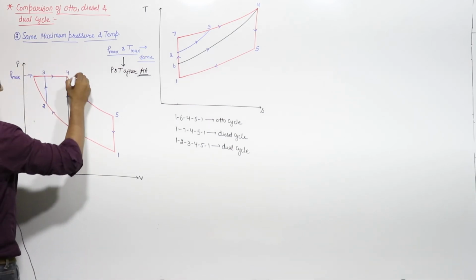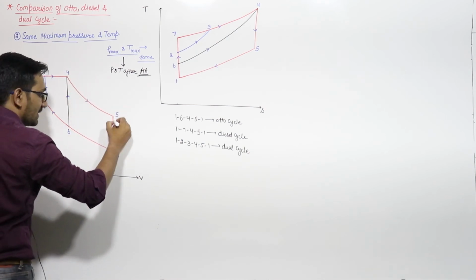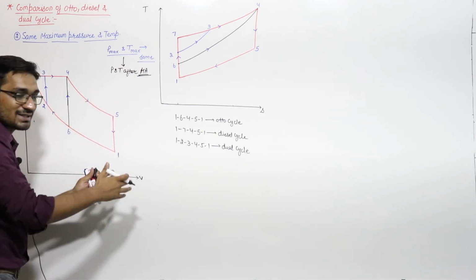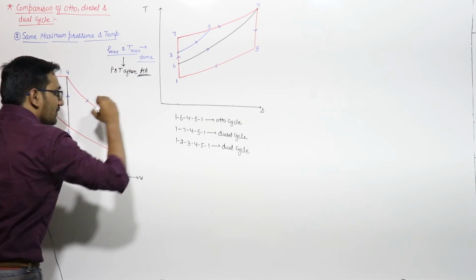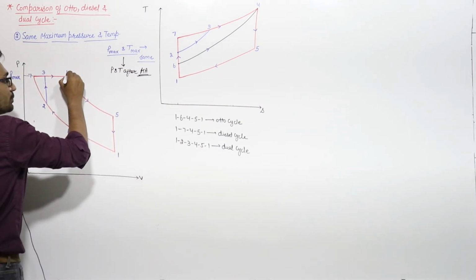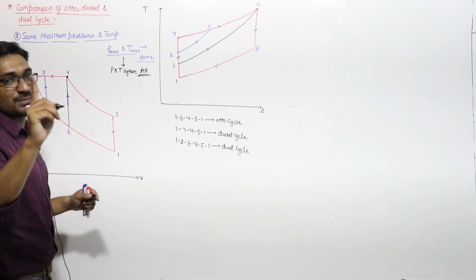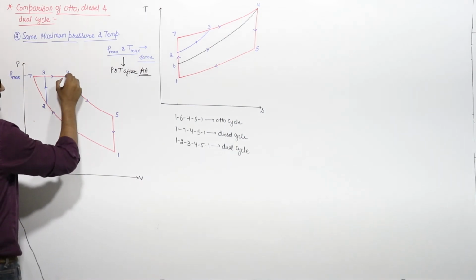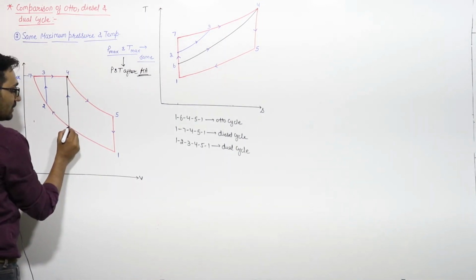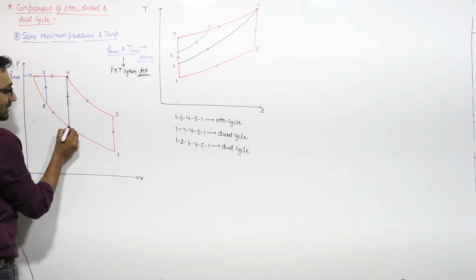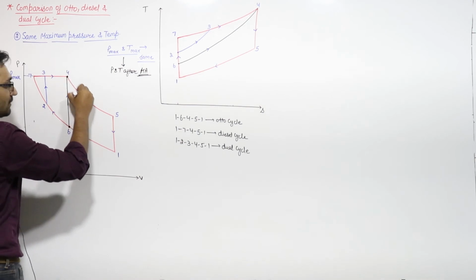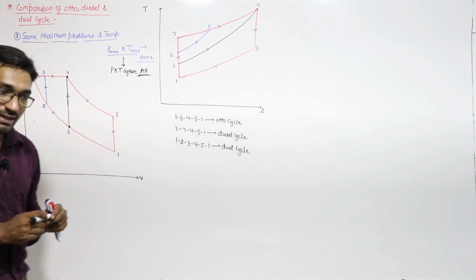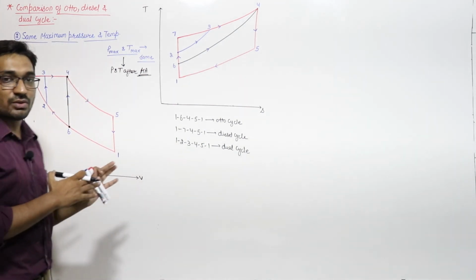Now if this is the diesel cycle 1741, and I draw the Otto cycle, then for the Otto cycle this expansion process and this heat rejection will be the same, right? Because there is no condition on these, so this will be the same. So if this is the expansion process of the Otto cycle, then this fourth point must be the point at the end of the heat addition, and heat addition will be at constant volume. So just draw a straight line. So this 1 to 6 is the compression process, 6 to 4 is the heat addition, 4 to 5 is the expansion, 5 to 1 is the heat rejection, right?